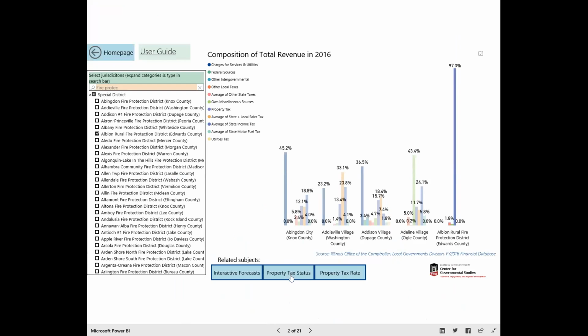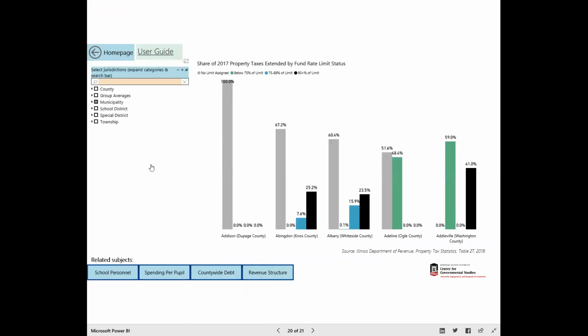Besides revenue structure, another piece of information that might be helpful is property tax status. This is information on how much property tax levied in a community is from funds that are nearing the maximum rate allowed in statutes. We just have a few example municipalities selected here. In Addison Village, all of the property taxes levied are from funds that have no limit